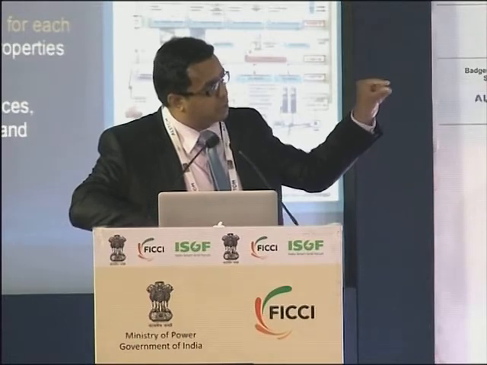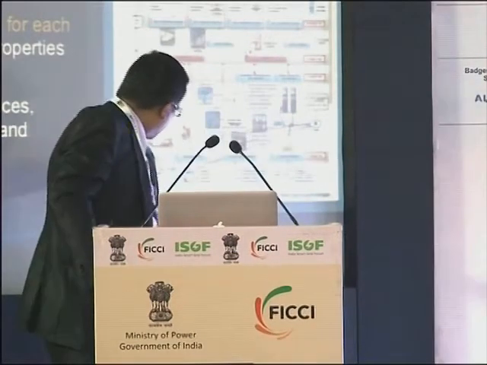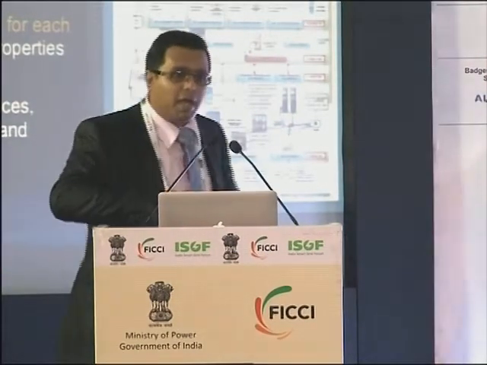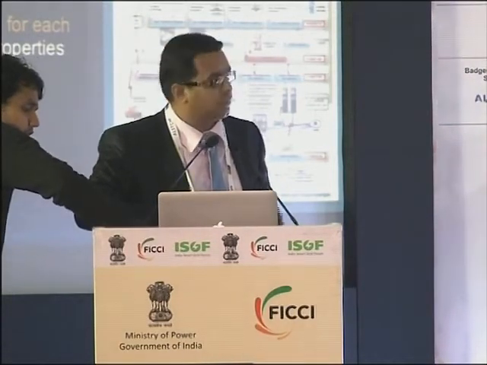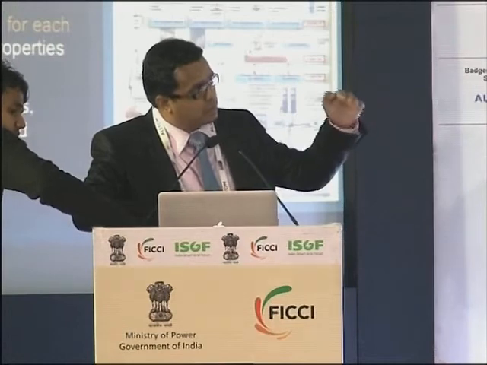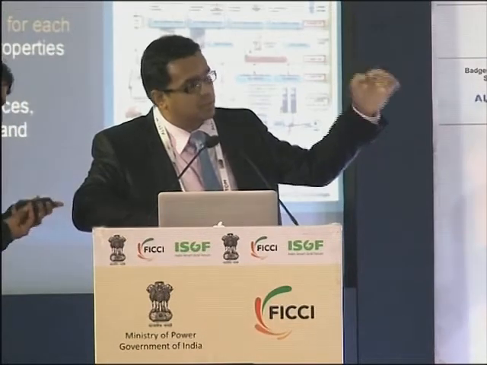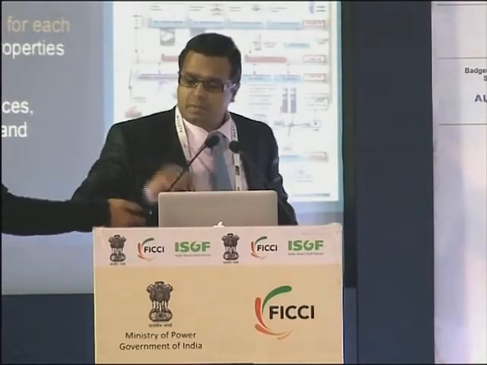Each of these blue pipes represents one of the comms layers in different fields, starting from home area network, field area network, substation automation, data center, and back home. And these are the communication requirements. What are your communication requirements? What are your bandwidth requirements? What are your delay requirements?